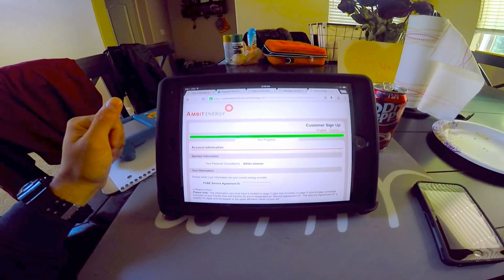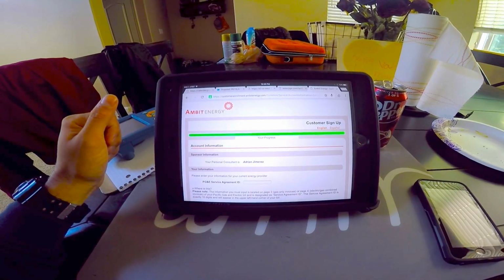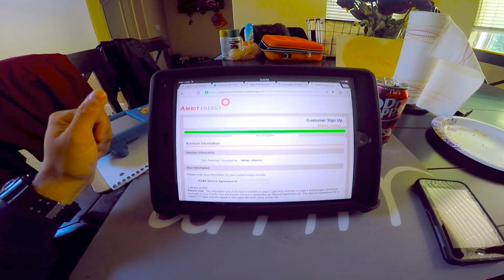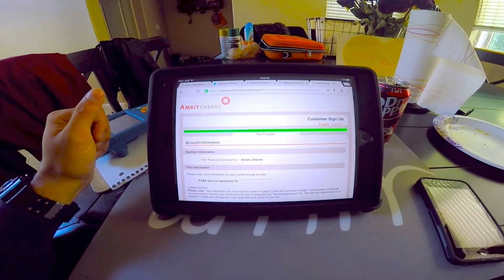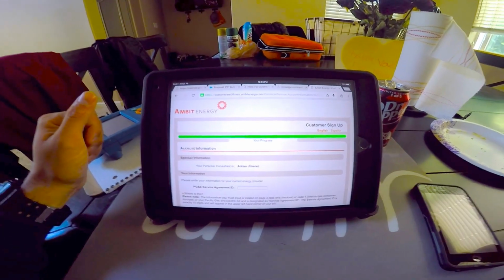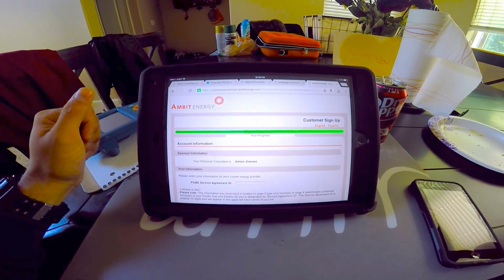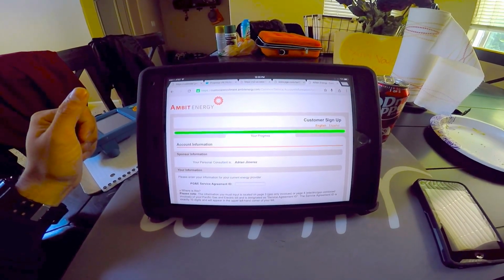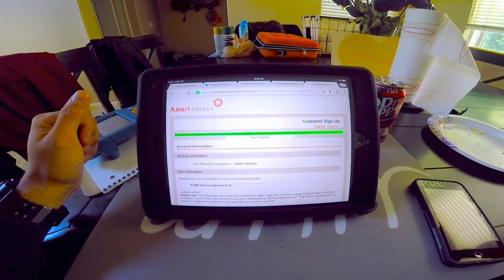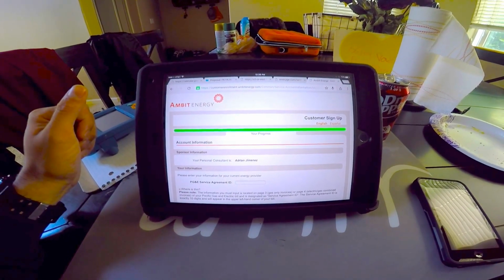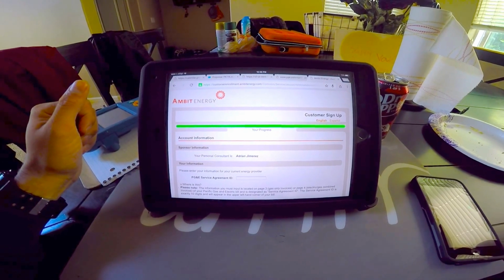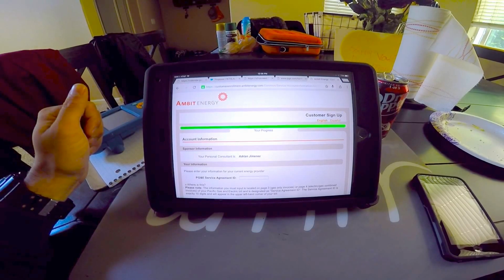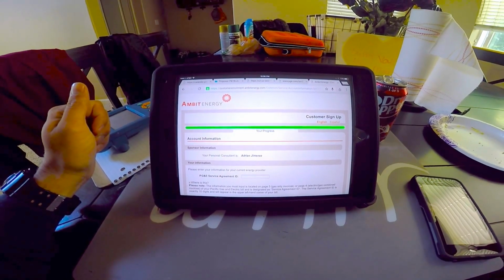You are done. At the very end of every customer enrollment process for energy retail supply, you have to call the 1-800 Ambit Energy phone number to verify all accounts with the third-party verification company. In other states, that is not required. It's an automated system. In California, in general, they want you to call and speak with a live representative to verify your customer's account and to verify that they are approving and authorizing to become a customer of Ambit Energy. It is a very, very easy enrollment process.